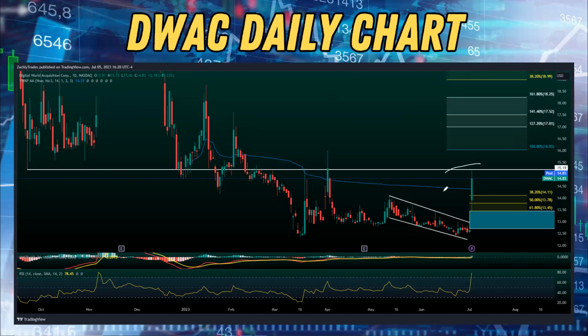possible, okay, not in the short term, but if this thing really wants to rally, we could see a rally all the way up even to $19. So those are going to be all of the specific price points that I'm paying attention to right now, as well as some of the different indicators like the anchored VWAP and the RSI. All right, that's what I'm looking at on DWAC, and I'm going to see how this thing develops over the